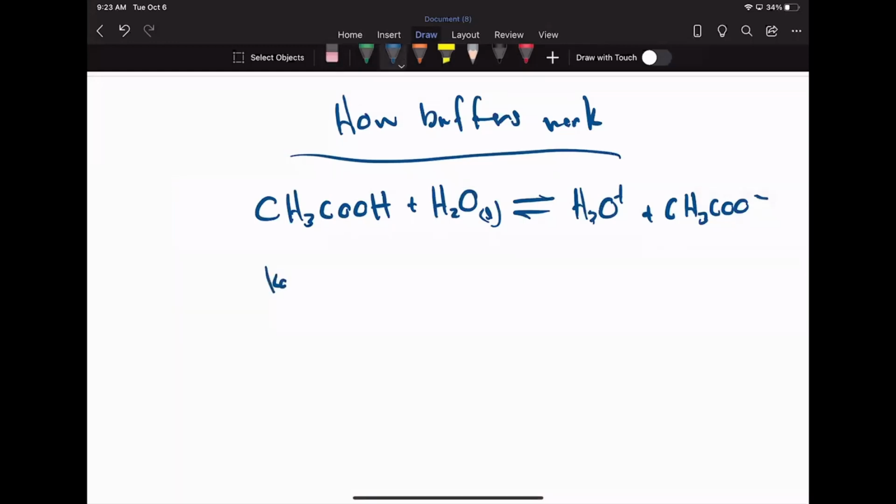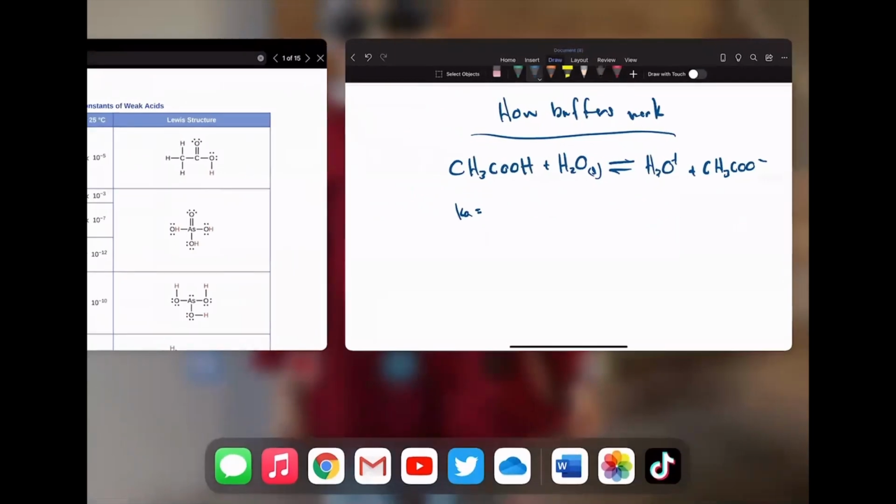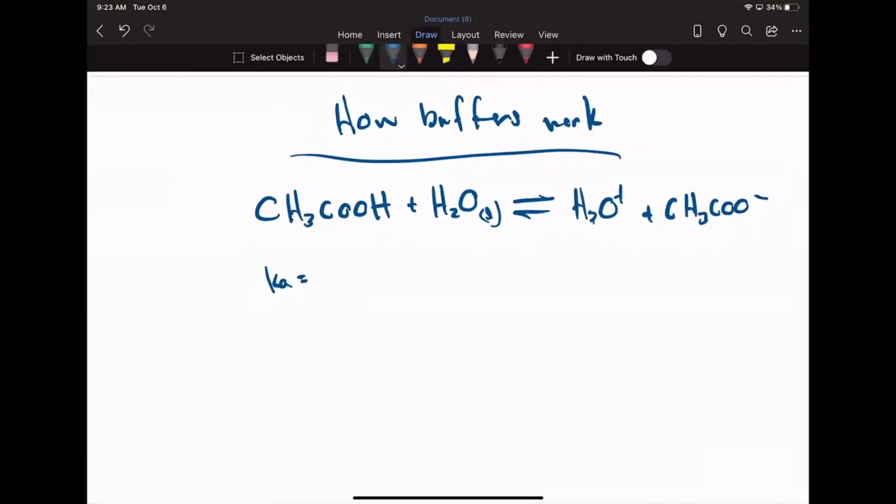So our Ka is equal to 1.8 times 10 to the minus 5. Our Kb is 1.0 times 10 to the minus 14 divided by 1.8 times 10 to the minus 5. That gives our Kb as 5.6 times 10 to the minus 10. All right, so here my Ka is greater than my